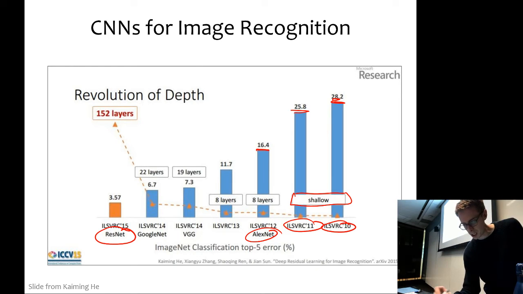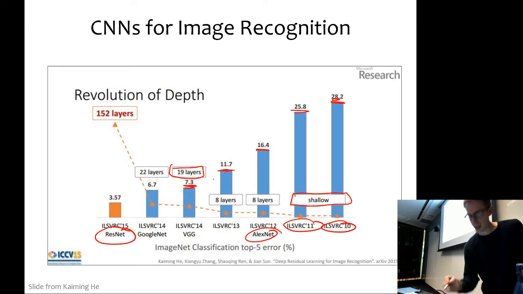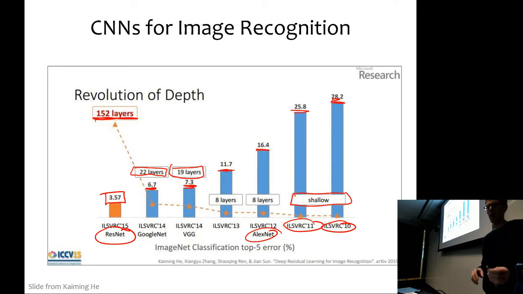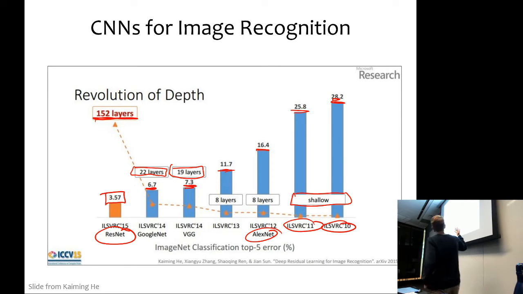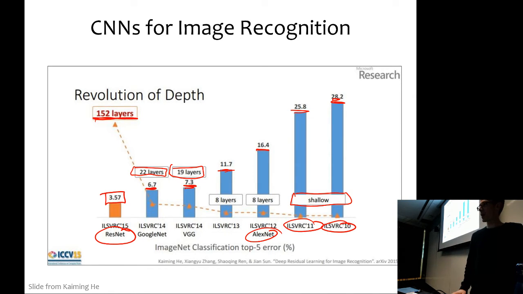Then in 2013, someone came along and improved performance, though didn't really add that many layers. Then somebody else doubled the number of layers and got another significant improvement. Then somebody else added more layers, and the error went down again. Then these guys from MSRA came along and added a ton of layers and got a huge performance improvement yet again. So we'll build up to what went into this ResNet that successfully got them this incredibly low error on this task.